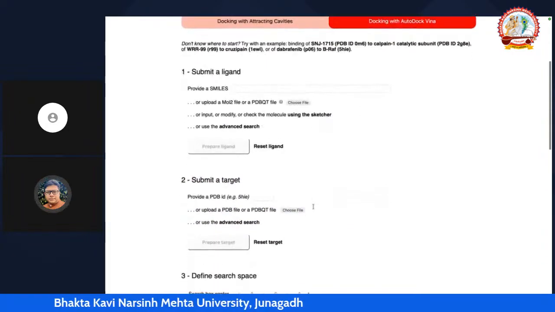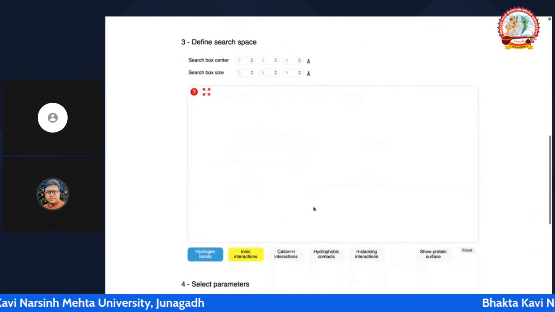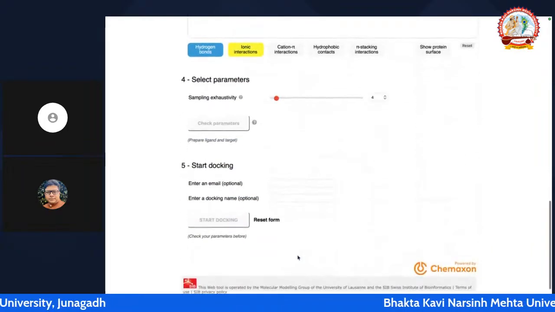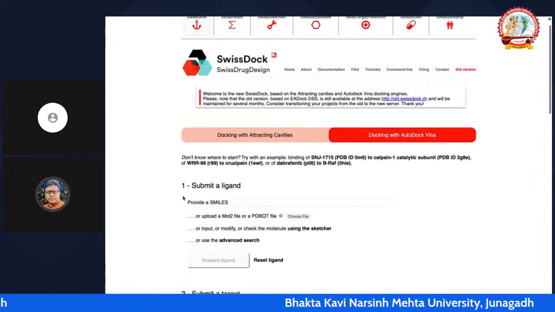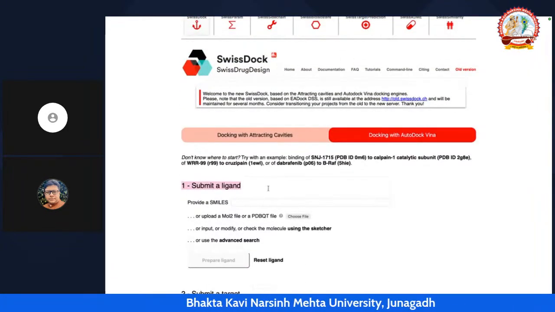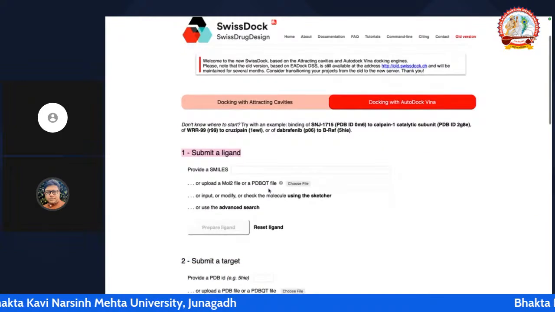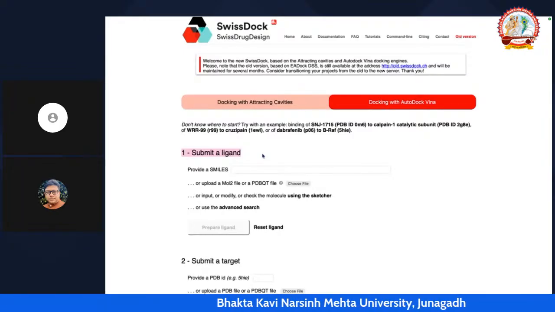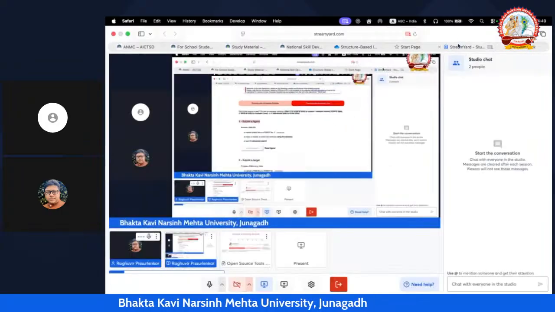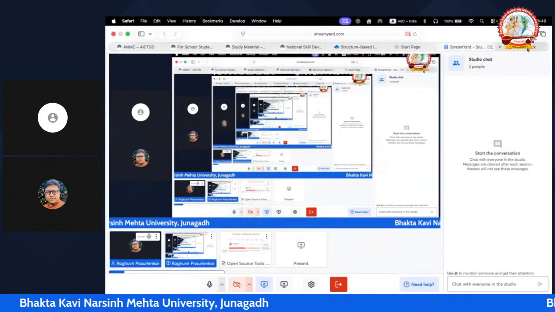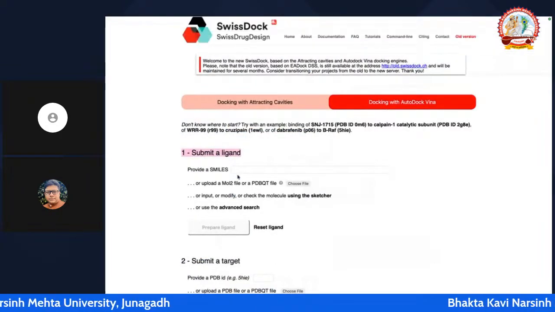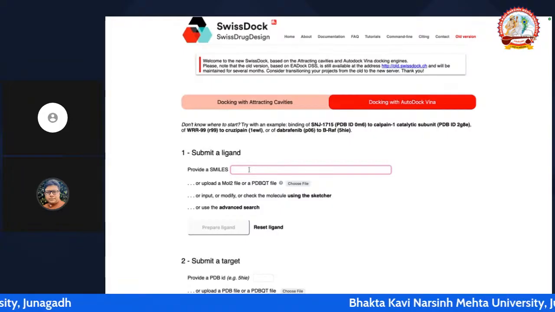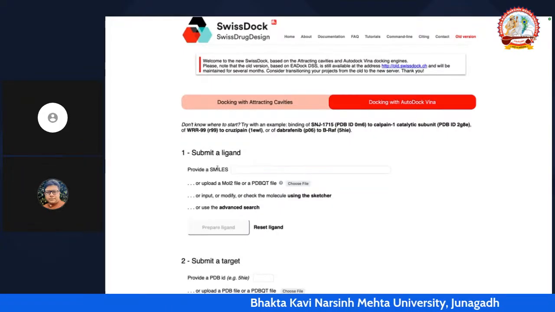Now there are two different parts to it. You can see here there are five pointers, or five things that need to be done. First, you need to submit a ligand. The ligand can be submitted as a SMILES,